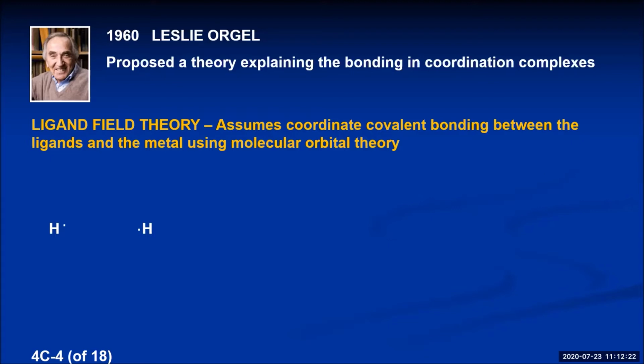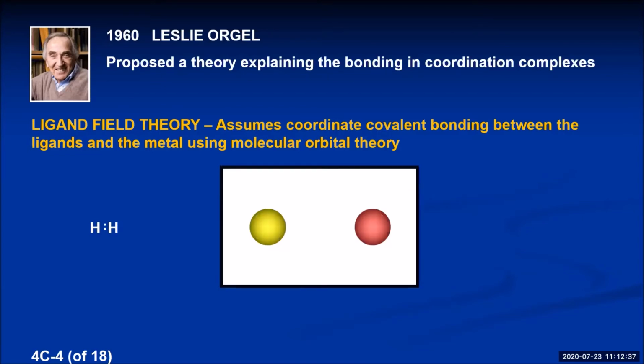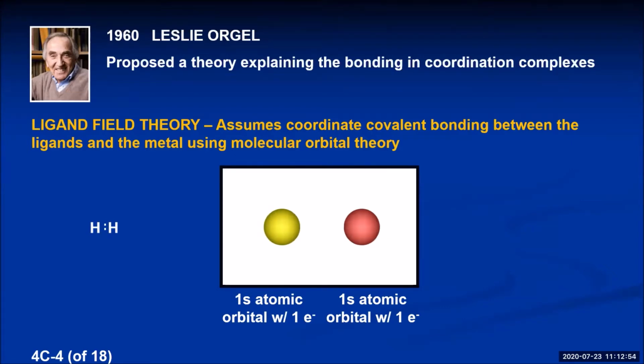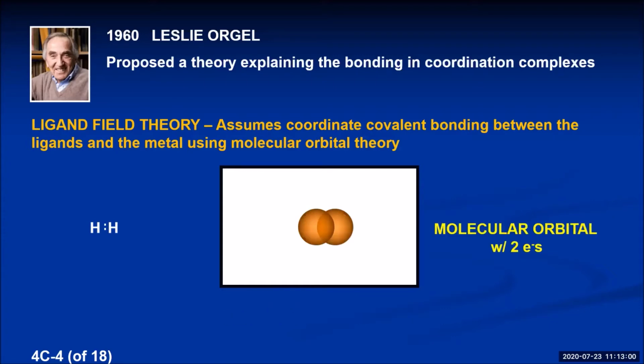Now, specifically what's happening, those electrons on those two hydrogen atoms are in 1s orbitals. So as the hydrogen atoms come together to make a bond, where do those two electrons go? We need to look at pictures of the 1s orbitals to understand what's really happening. So the yellow hydrogen there represents its 1s orbital with one electron, and the reddish orbital represents the second hydrogen, its 1s orbital with one electron. As the hydrogen atoms approach each other, those two atomic orbitals will merge together to form a new orbital that's called a molecular orbital. The two electrons will go into the molecular orbital,